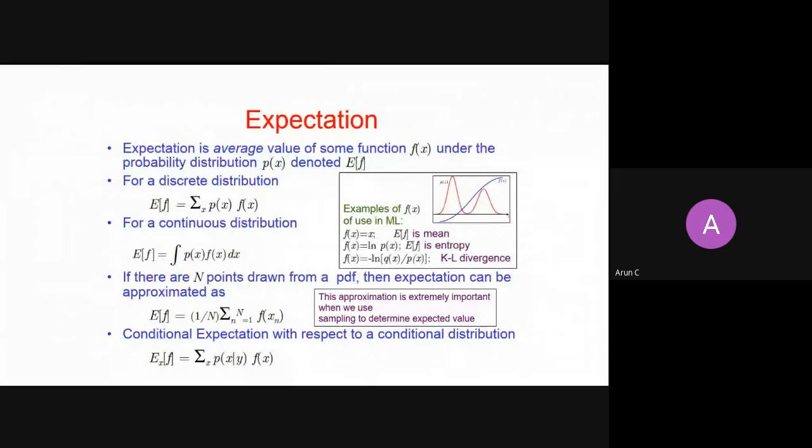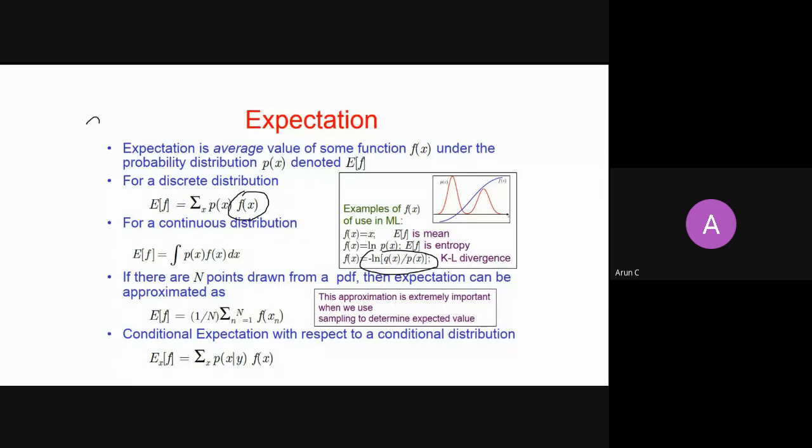And entropy is one of the averages, right? So you are taking an average over what? If you take the log of a probability and then take an average, it is entropy. Similarly, mean is an average for discrete values, and KL divergence is also an average of what? So in general, you say average of this function, right? You try to take an average of some function value. The function can itself be a variable.